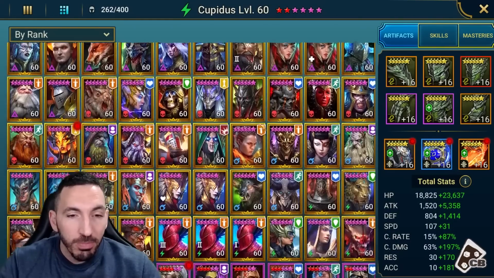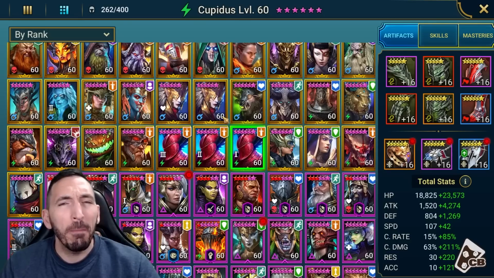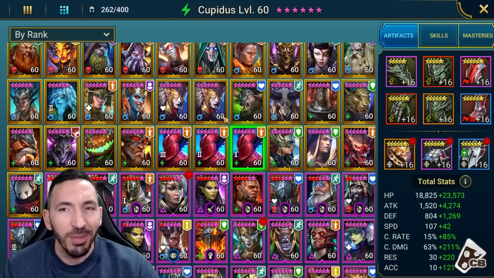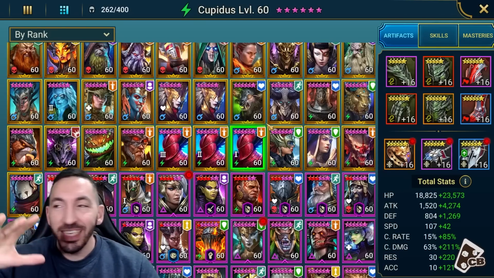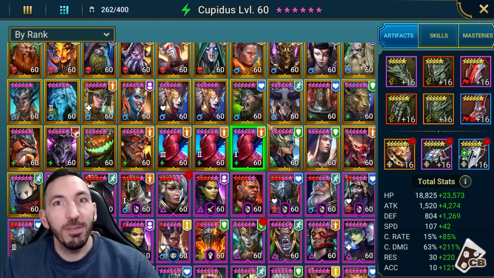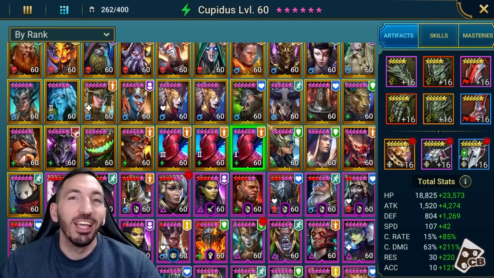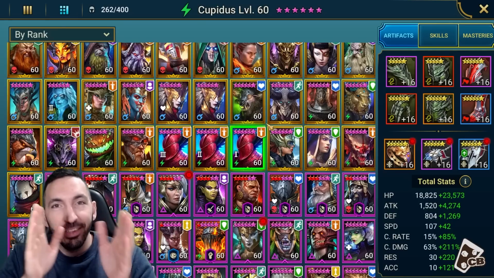The other 3 Cupidus that I have, you might be wondering, okay, Coldbrew, why didn't you empower your Cupidus to make him a +3? That would have made him an insane Cupidus. Well, way back when I made this team of full Cupidus, we didn't have the empowerment. This was like a challenge given by you guys, the audience, not specifically you guys right now,